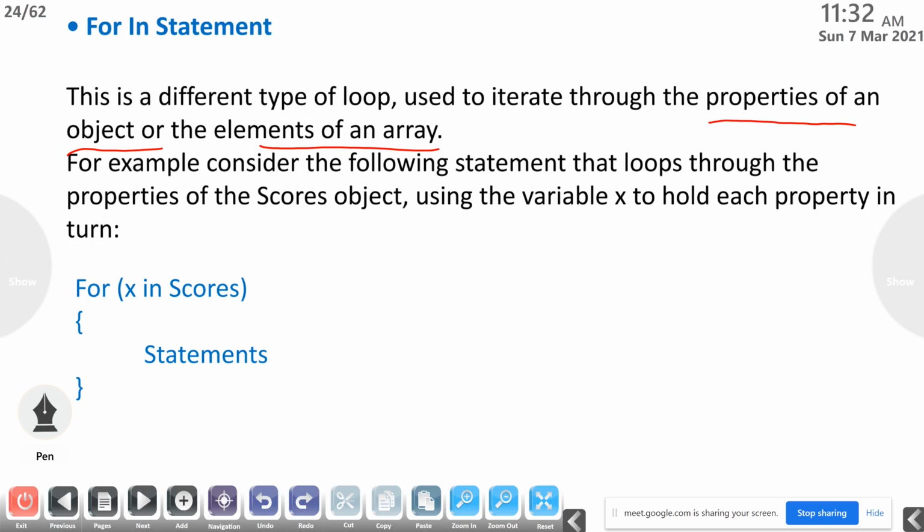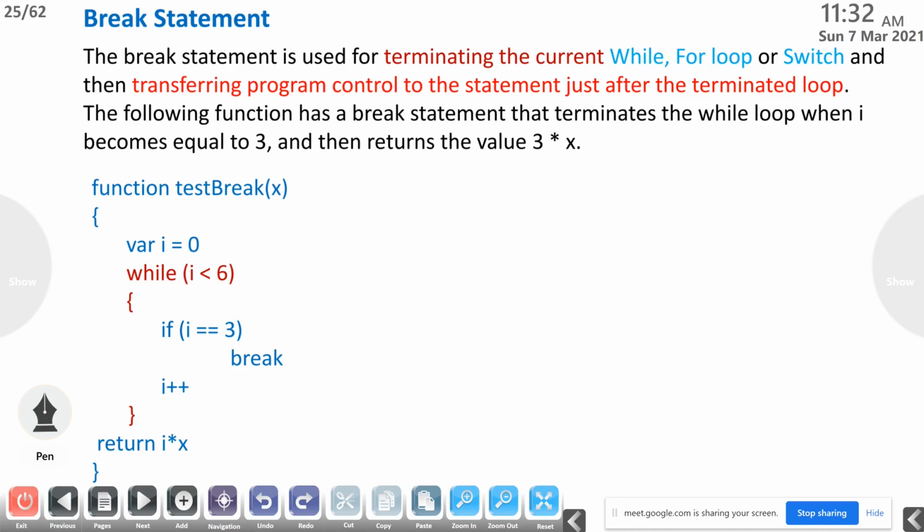So this is the way. It is not deeply discussed in your text; only this much of a portion is there. Normally we use for in along with objects or elements of an array.